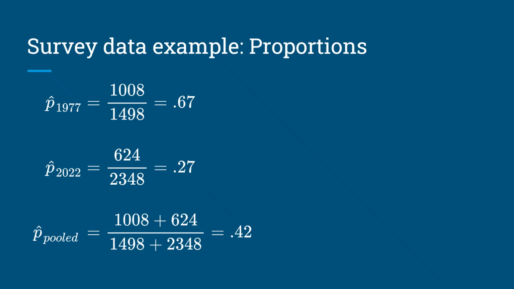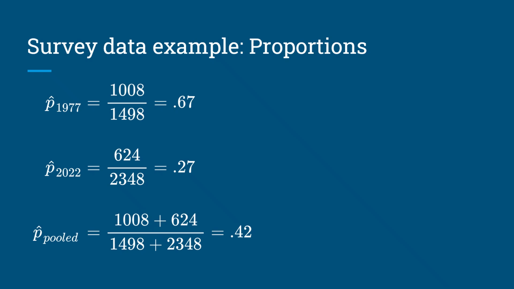And again, that's just a weighted average of the share of people who endorse the statement that mother's employment is harmful to preschoolers in 1977 or 2022. And so the question is whether you can get a better informed estimate of the probability that somebody agreed with this statement if you know which year they were interviewed in, or whether across time people's attitudes in response to this